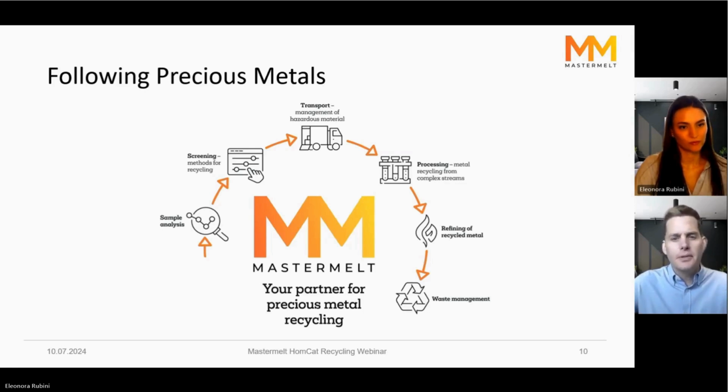And once we've done this full screening, we understand the material, we've identified what is the best process route, then we can move on to helping with things like transportation. If it's hazardous waste, does it need a TFS? Are there complications in how you categorize the material? We're here to help all the way along that journey. Then we move into the processing. We will have identified which is the most appropriate route, which makes it most economically viable and gets the most